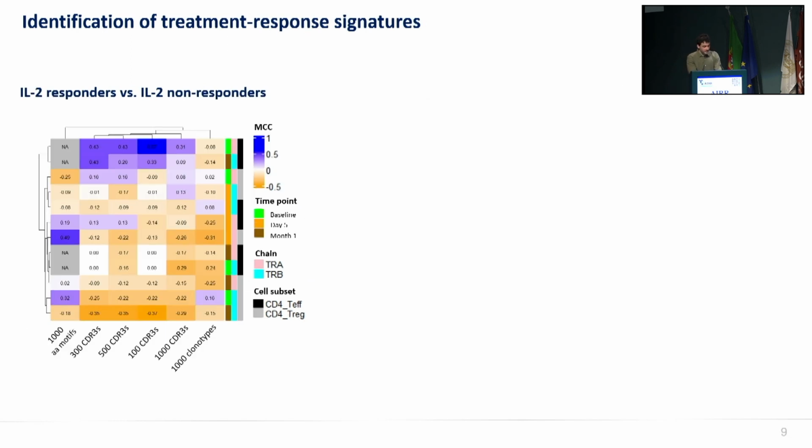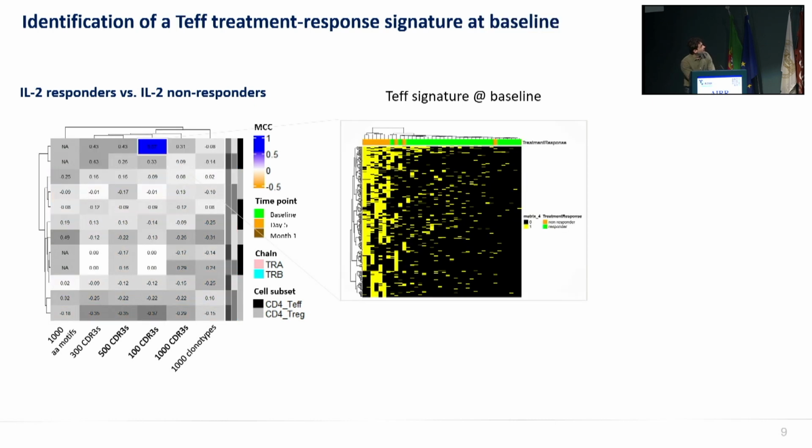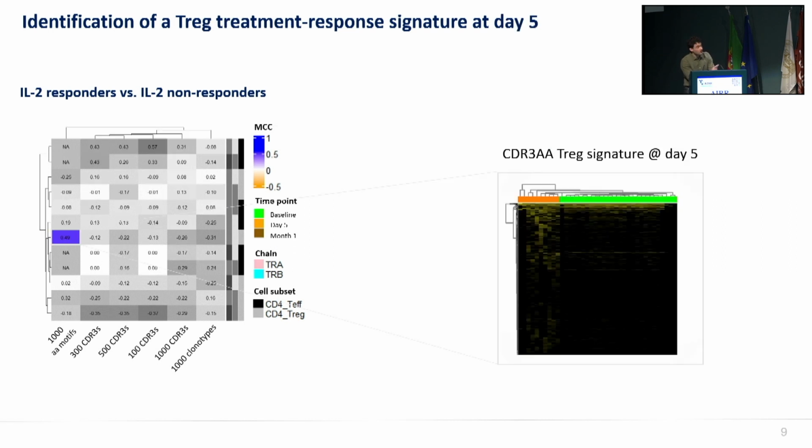So the next type of signatures that we mined were treatment response signatures. So again, this is a heat map showing the performances of our models at various time points across cell subsets, but this time at the amino acid motif level, CDR3 level with various numbers of CDR3s selected, and at the full clonotype level. What we can see here is that we have two predictive classifiers. The first one is based on the baseline effector T cell repertoire, and the second one at the CDR3 level, right? And the second one is the day 5 regulatory T cell repertoire, but this time at the amino acid